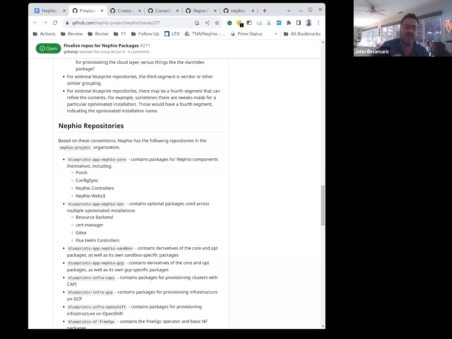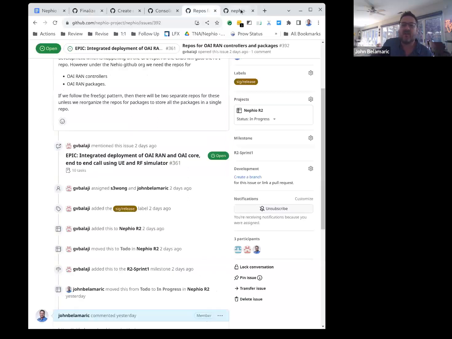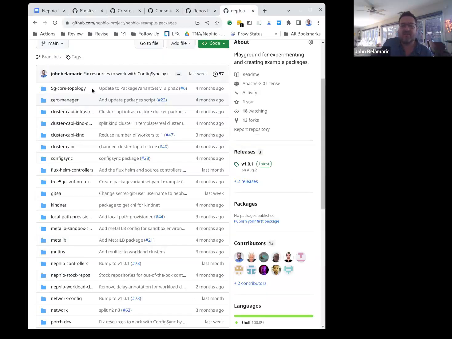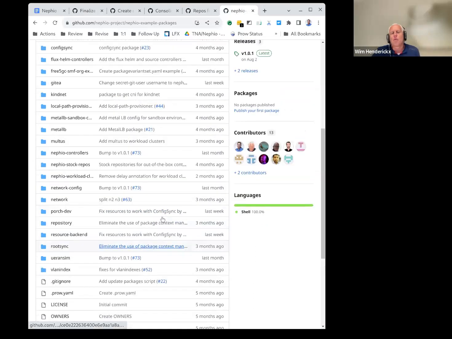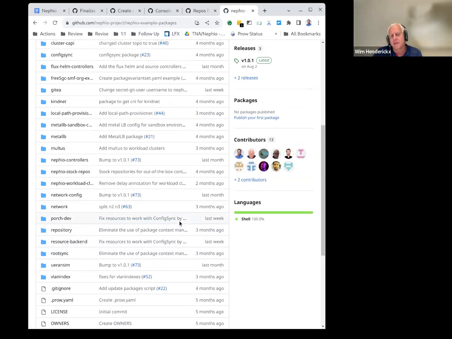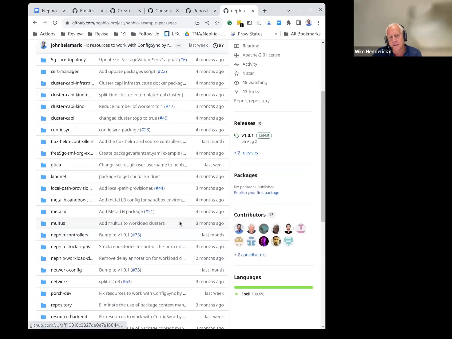I'm trying to think about too many things. I'm trying to think about setting an example for how people might structure such a set of repositories within their organization as well, right? So I'm hesitant to just have one big repo. I go look at this and it makes my head hurt, right? These are all mixed up. Some are infrastructure. Here I agree, but you could structure this a little bit better with a subdirectory, and then I think you could be done.